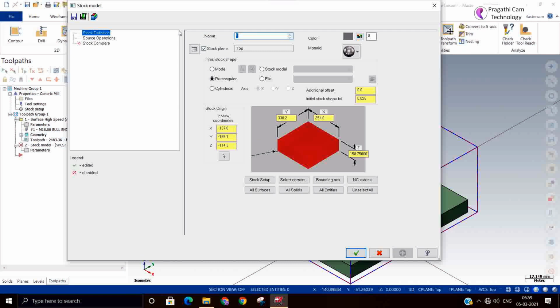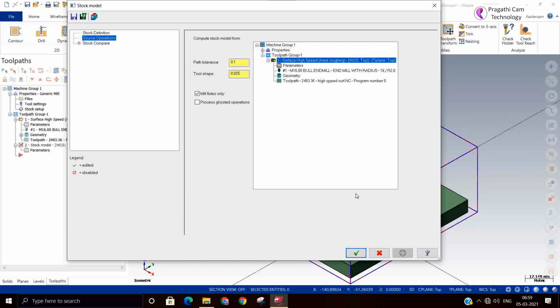If you want a stock after roughing, you can add that stock value here. I just selected the force operation.